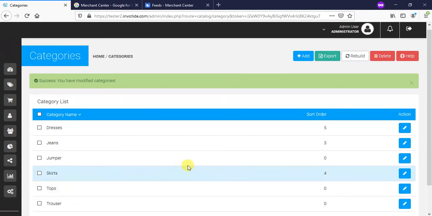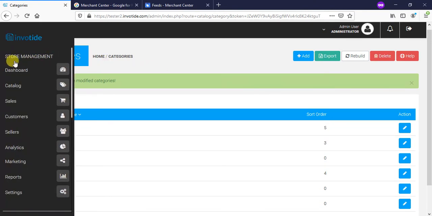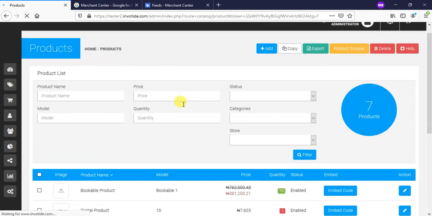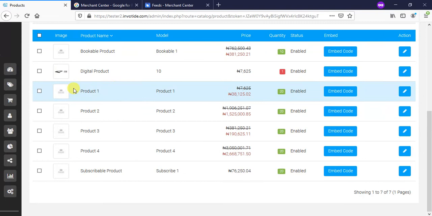To do that, you navigate to the store management section and select catalog. In the catalog page, you select products. Okay, so we will do it for this product. Click on the edit button,